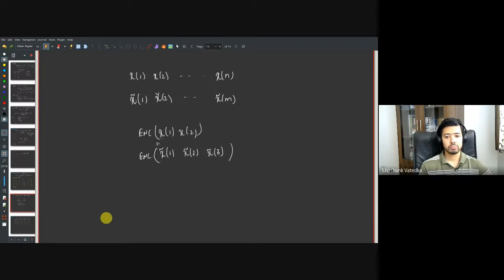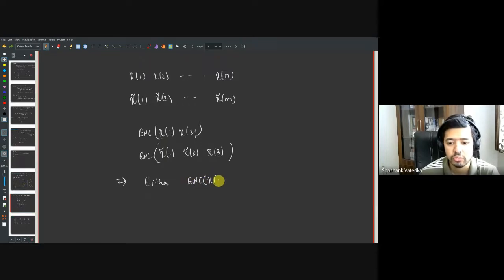Okay, so then what can it mean? It must mean that, of course, the first few bits are the same. So either the encoding of x of 1 is the same as the encoding of x tilde of 1,